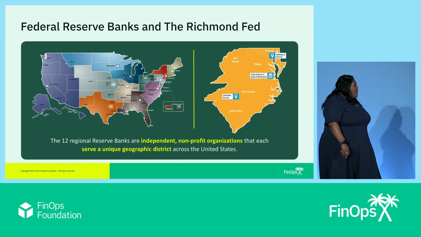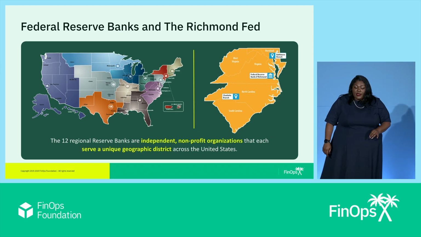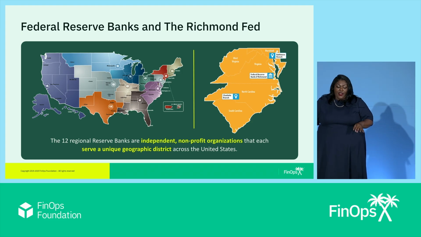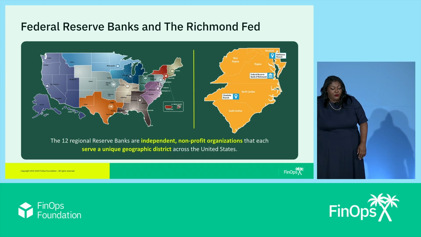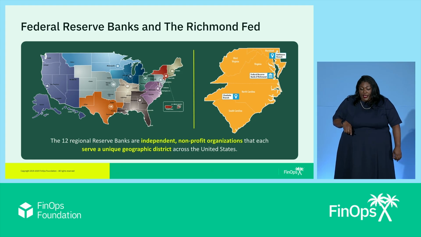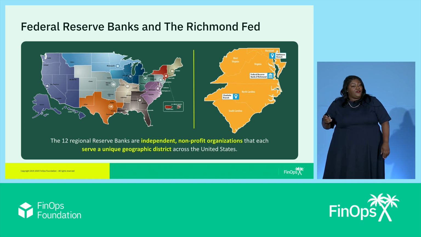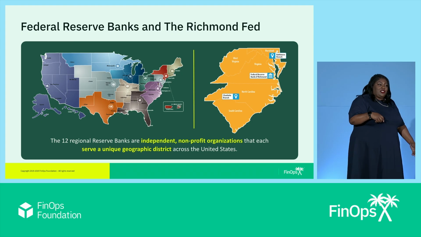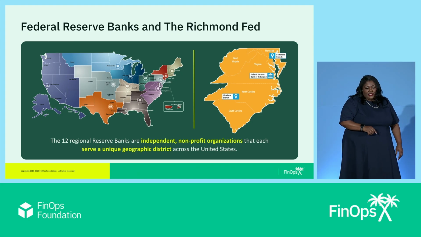To drill down a little bit more, we have 12 regional reserve banks that are all independent, nonprofit organizations that serve a unique geographic district. The district that I sit in is the 5th district, which is Richmond. We also have branches in Baltimore and Charlotte. And also, the fun fact about Richmond Fed is we're home to National IT, which is the technology organization that supports the entirety of the Federal Reserve System, and where I actually sit in the organization. So now with all that background, let's talk about